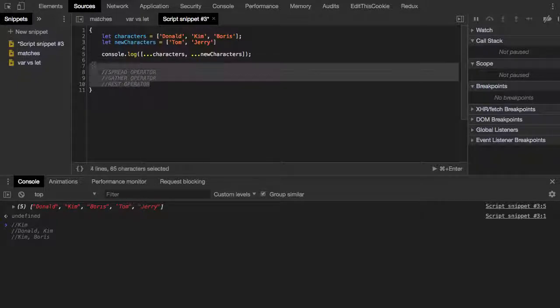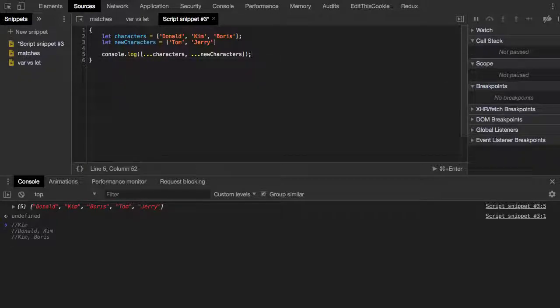Right, but the thing is, so what Christian was asking, it was something slightly different. He didn't want to create a new array. So he wanted to concatenate values, add Tom and Jerry to the list of characters, right? Yeah, or replace Donald and Kim with Tom and Jerry. Okay, we can do that. You know what you could do? We could say,